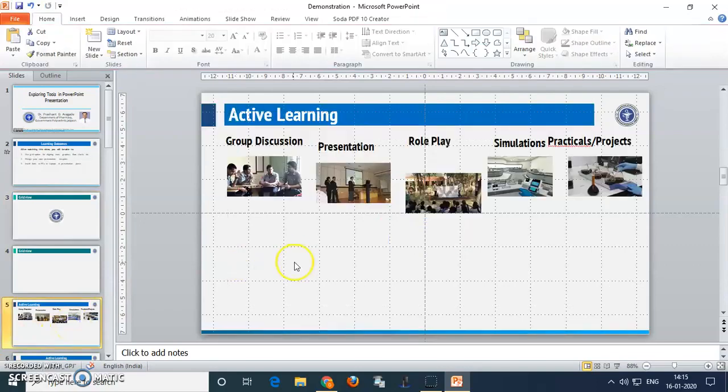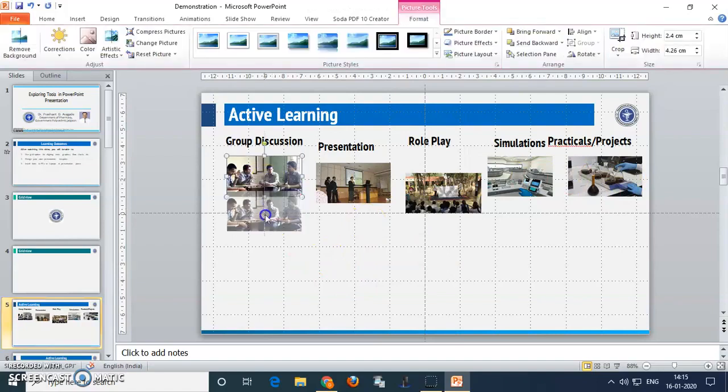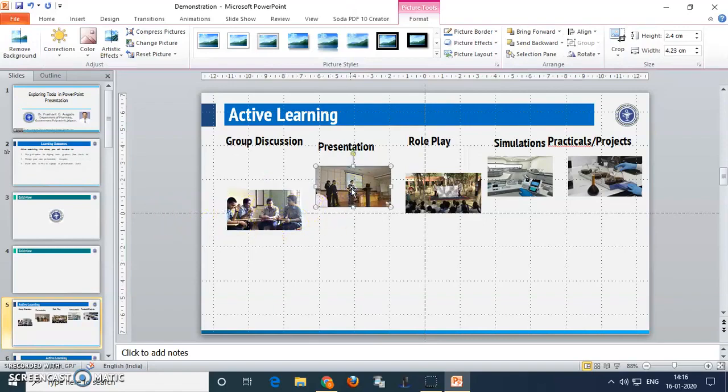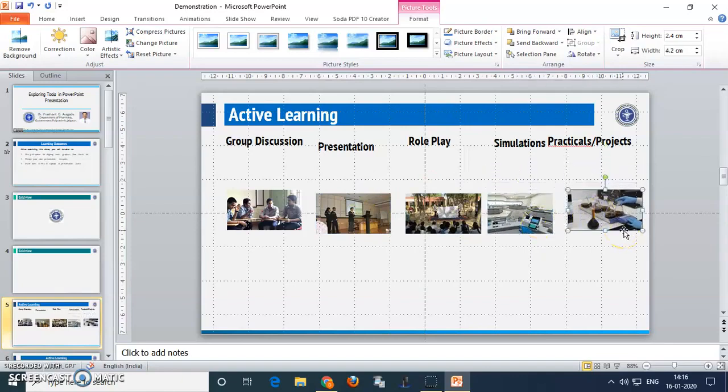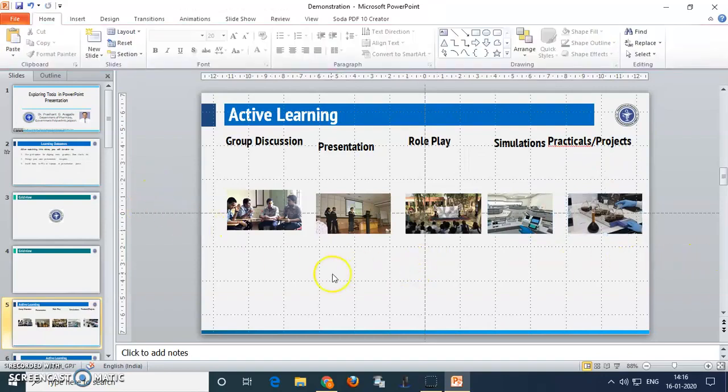After that, suppose your slide contains more than one image and those images should be in one line. If you look at this slide, the different images are not in one line. By using this grid option you are able to align all these images in one line. Just select one image and try to keep it at the center by using this center line. Select the second image, move the image to the center, the third image similarly, the fourth image similarly, by using the downward arrow key. So these are all now in line. Still there are some up and down.